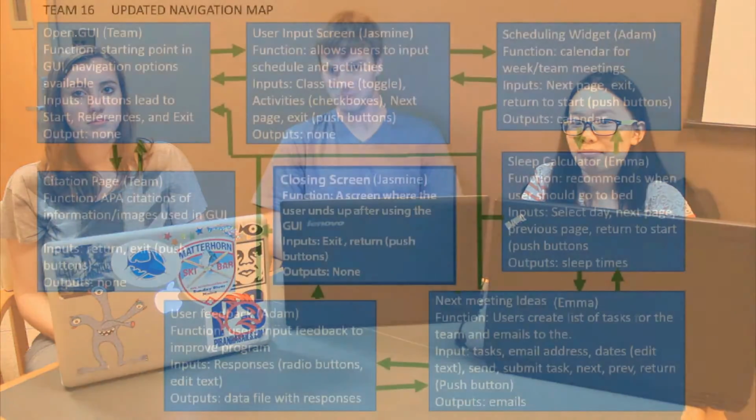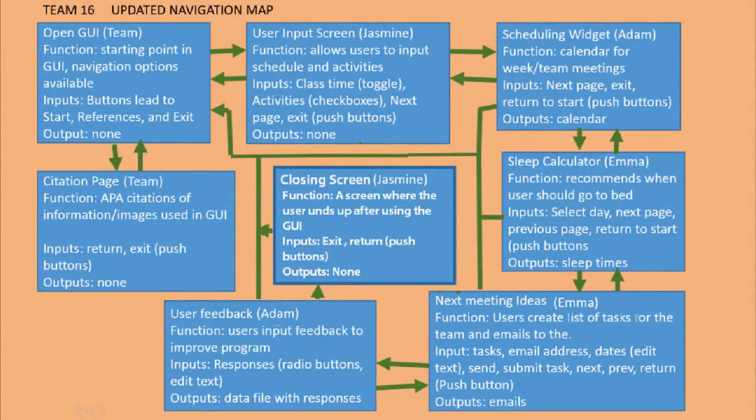So we've created a mathematical model and some other tools that can help them with their team meetings so that they'll run more smoothly. This is our navigation map for our GUI, which focuses on time management. When you first open up the GUI, you'll be brought to the opening screen, where you can choose to go to the citations page, the next screen, or to exit the program, which is an option you have on every